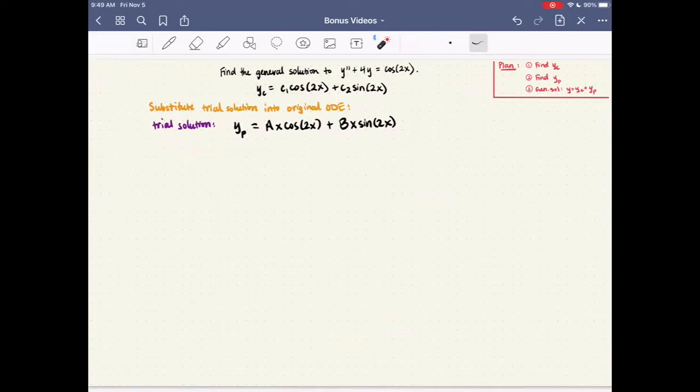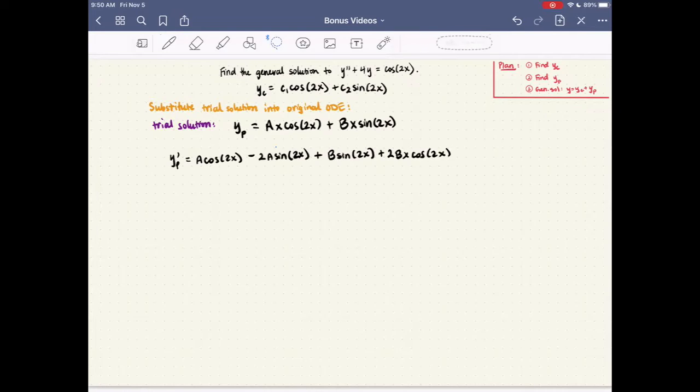Okay. Well, I want to substitute this function into the original ODE. That means I'm going to need two derivatives. So let's compute some derivatives before we plug things in. So y sub p prime, I'm going to have to use product rule twice here. I'm going to end up with a cosine 2x minus 2a x sine 2x plus b sine 2x plus 2bx cosine